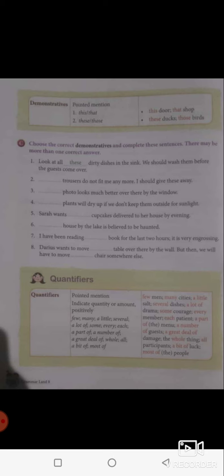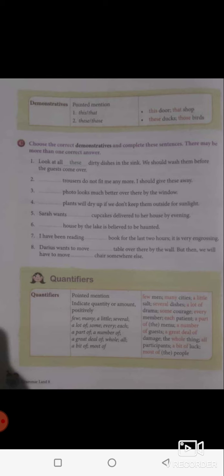These trousers do not fit me anymore. I should give these away. So in the second sentence, you see these away. Already these away means you are holding the trousers, and therefore we have to use these. These trousers do not fit me anymore. I should give them away. Then the third one,